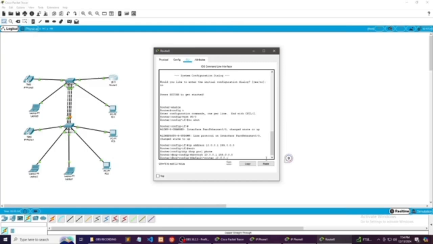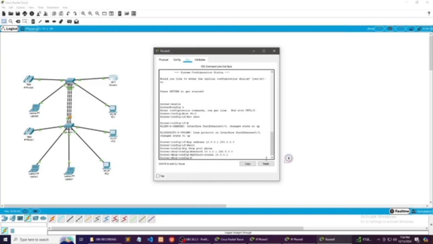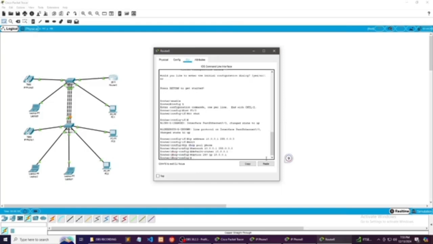After that, enter, type option 150 ip, space 10.0.0.1. And then enter.